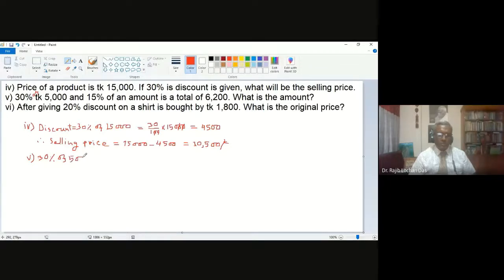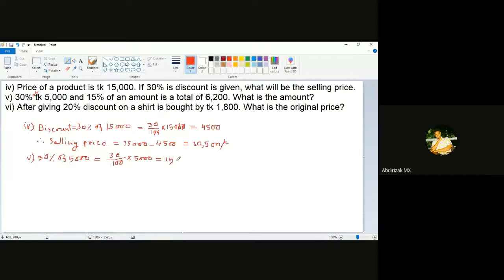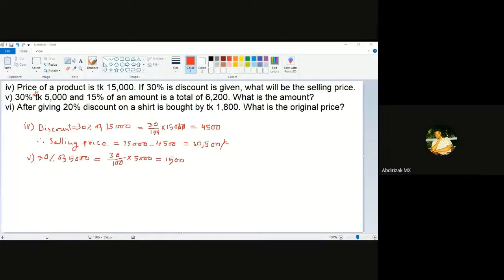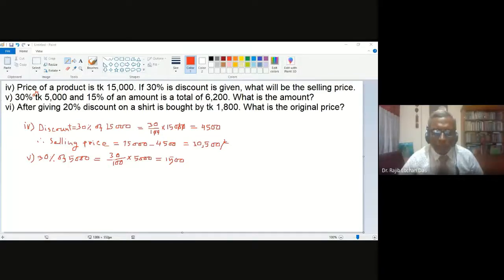What is this amount? It is 30 by 100 into 5,000. So finally it will be 1,500. So this is the 30% of 5,000 amount. It is only a part of